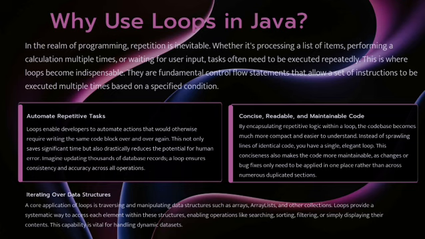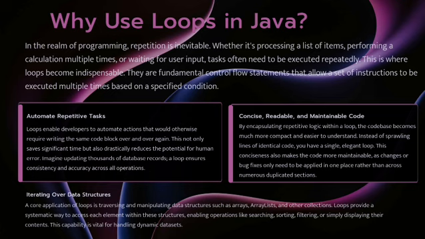In the realm of programming, repetition is inevitable. Whether it's processing a list of items, performing a calculation multiple times, or waiting for user input, tasks often need to be executed repeatedly. This is where loops become indispensable. They are fundamental control flow statements that allow a set of instructions to be executed multiple times based on a